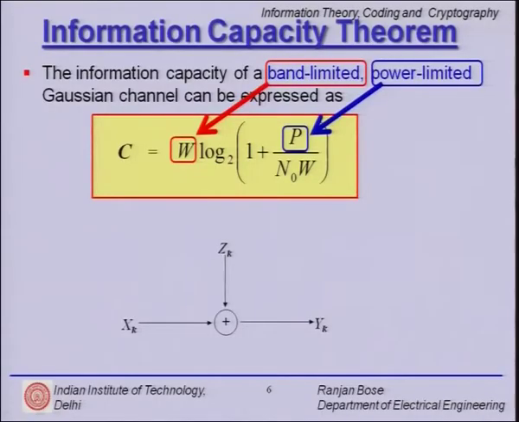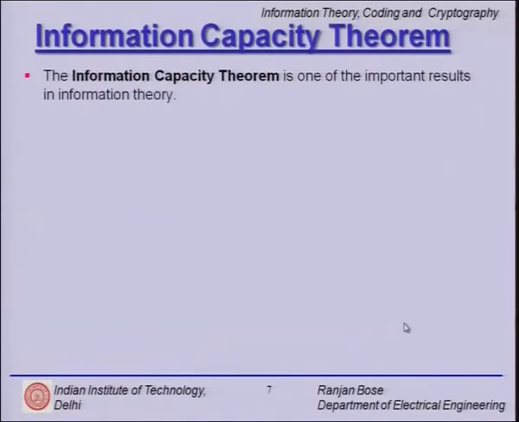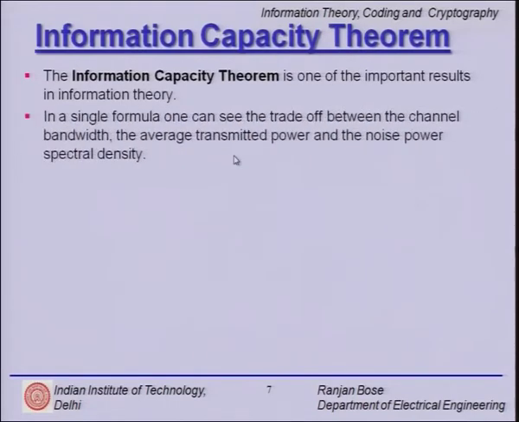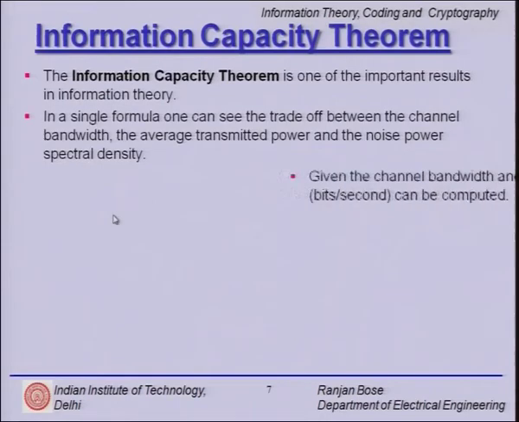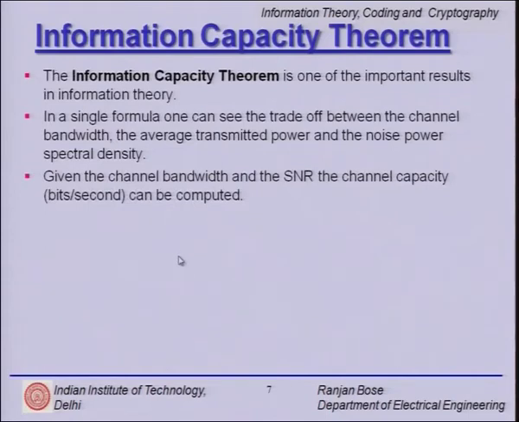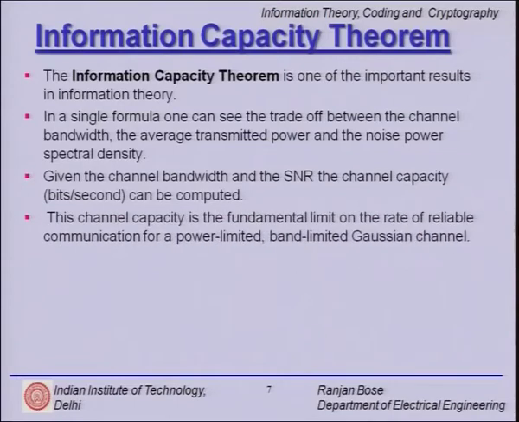So, we go back to our slide and we say that information capacity theorem is indeed one of the most important results in information theory. We will extend it today to MIMO systems, and in this one single formula we have the trade off between bandwidth, transmit power and power spectral density of the noise. Given the channel bandwidth and SNR, the channel capacity can be computed,